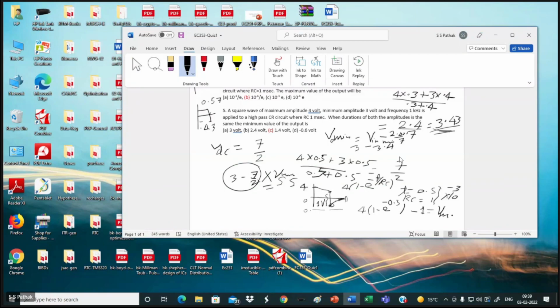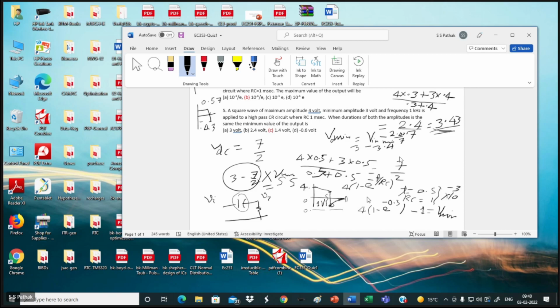Sir, I think it is V into e to the power minus t by RC. Why? Which is it, low pass or high pass? High pass circuit I have given, like this. What is the output? When I apply my V in, here the output is V in, it is 4 volt. After that, the capacitor starts charging through this resistance R. So it will be falling now. So 4 into 1 minus e to the power minus t by RC.